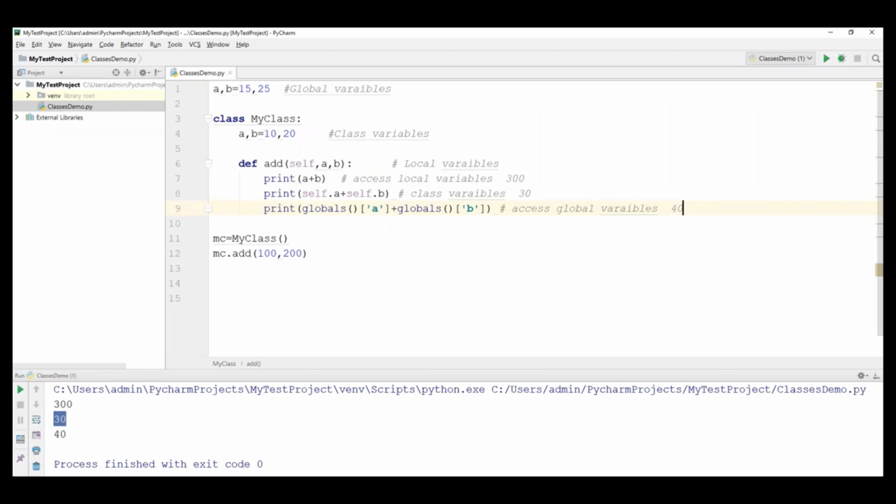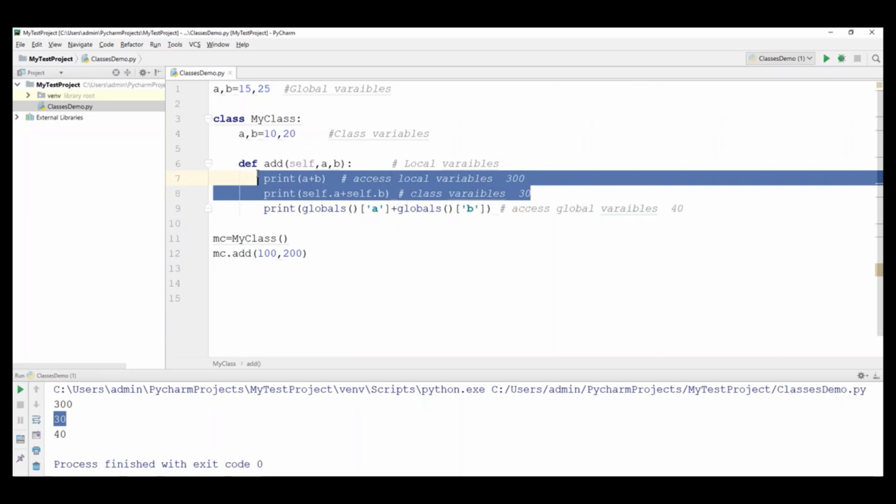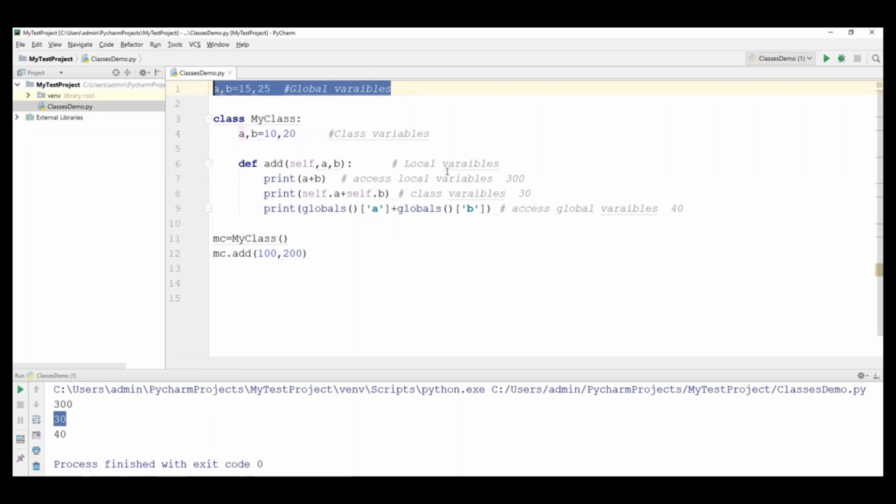So perfectly right. Okay, so this is how we need to access global variables, class variables, and local variables in different ways. If variable names are different, we have to go one approach. If the names are the same, we have to go some other approach. But even if the names are the same, accessing the local variables and accessing the class variables use the same approach. The only difference comes with the global variables. If the local variables and global variables are exactly the same, we have to differentiate them by using the global keyword. So that is all about global variables, class variables, and local variables.